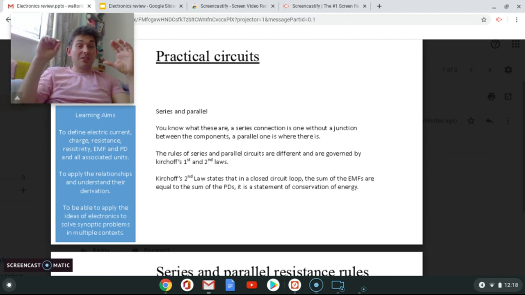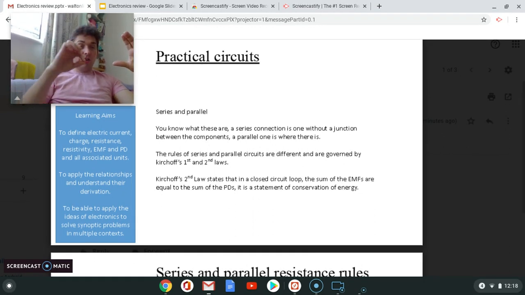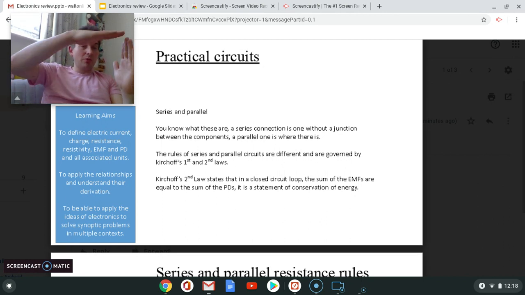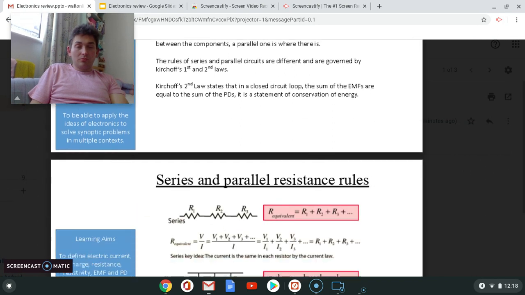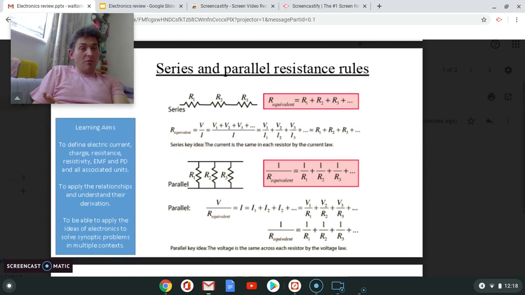That's because any charge carrier won't be able to go through both paths. So whatever potential difference there is between this side and that side will be the same no matter what path you took. Cool. So then you need to know how to derive them, but you don't need to remember them because they're provided for you, but you need to know how to derive